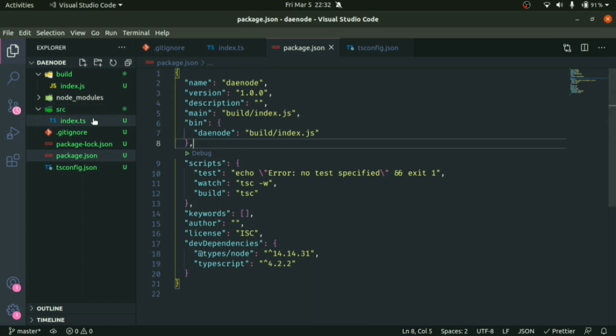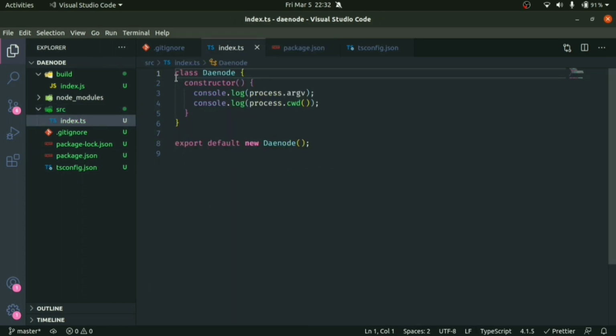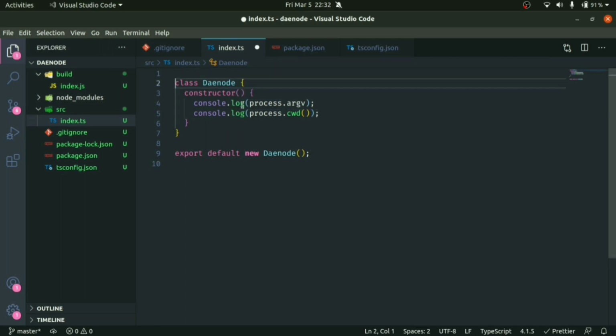So now one thing is left, which is we have to specify an interpreter. Since we are running this TypeScript file, which will be transpiled into a JavaScript file, we have to specify an interpreter which can interpret this file, because the normal shell cannot interpret a JavaScript file. So we'll do /usr/bin/env node. So here we are specifying that using this interpreter, this JavaScript file should be run.